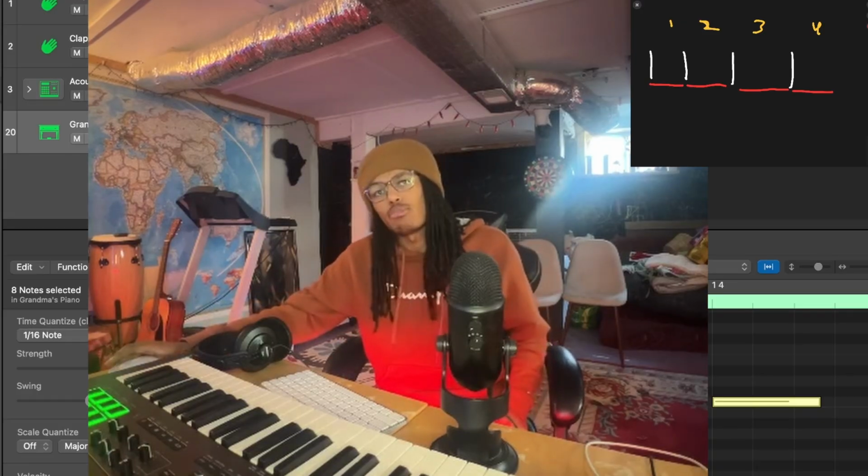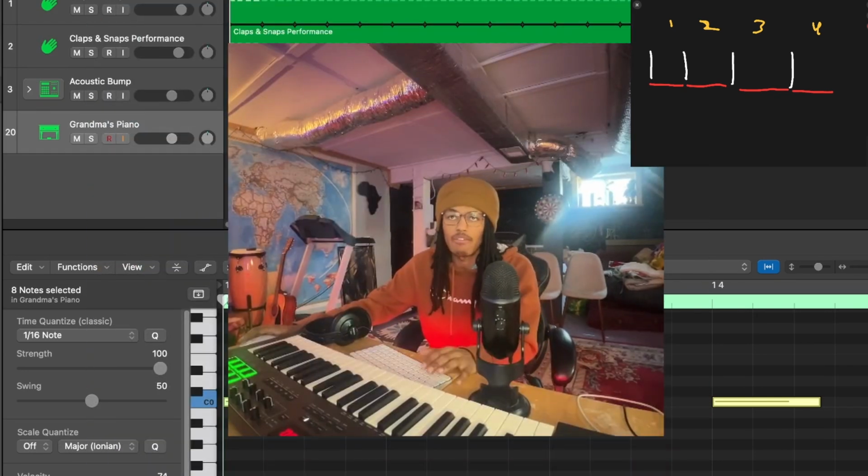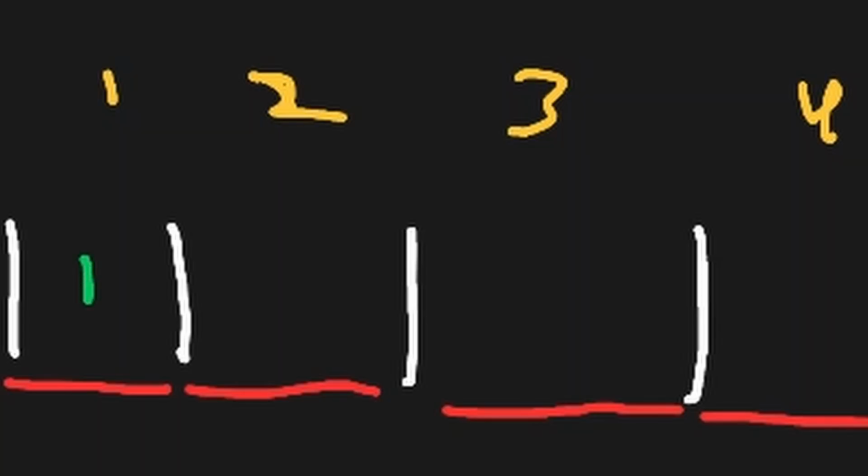Now, this is where it gets complicated. This is where the math gets a little too integrated, okay? Right now, our beat is 60. So we have 1, 2, 3, and 4. Example. All right, let's divide this in half, right? Boom, boom, boom, and boom. Now we have 8 sections, right? We just divided every section in half, meaning that we have more sections. It's now 8. Do you get it?